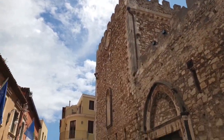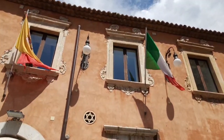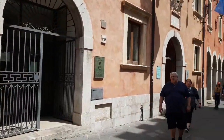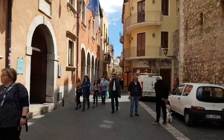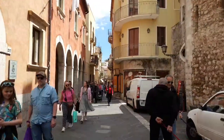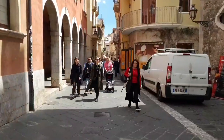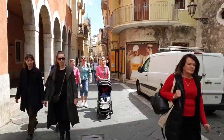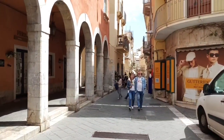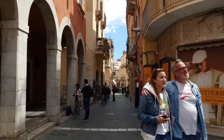Next to the church, on our left-hand side, we have the town hall, with the facade that wants to be a commemoration of a Jewish community that lived here in Taormina during the Middle Ages and then was persecuted during the Spanish Inquisition. And here is the beautiful Corso that continues with plenty of shops and pastries and very good restaurants, because I